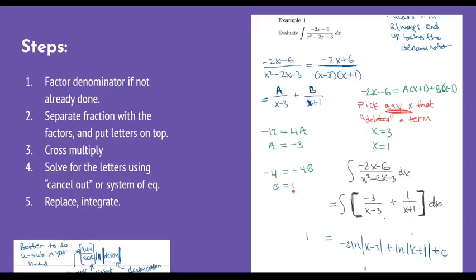Next thing you do is plug those into this and integrate. So move down here. That's exactly what we did. We switched out the a and b for what we found. Now you can integrate. And usually when you integrate a partial fractions problem, it ends up with ln's in the answer,